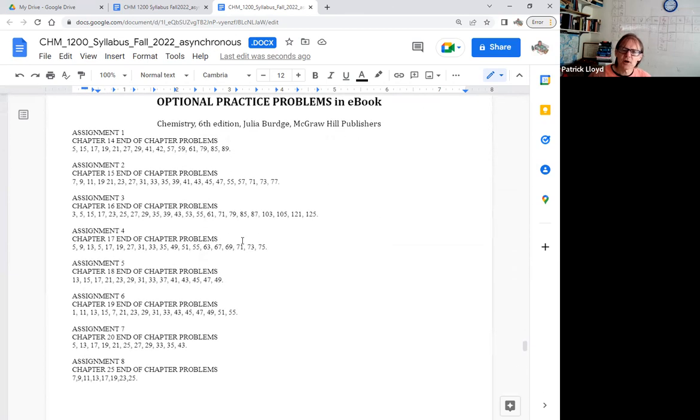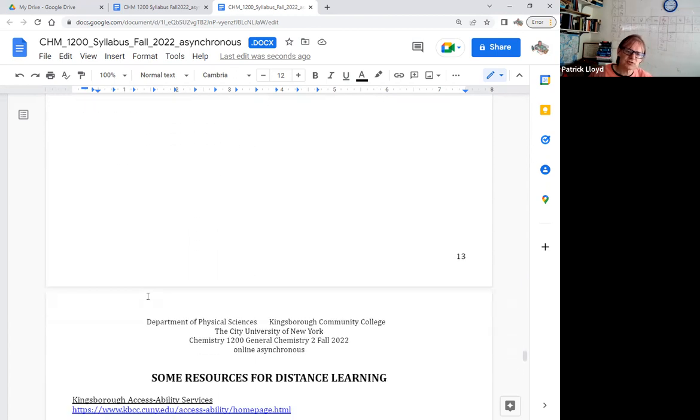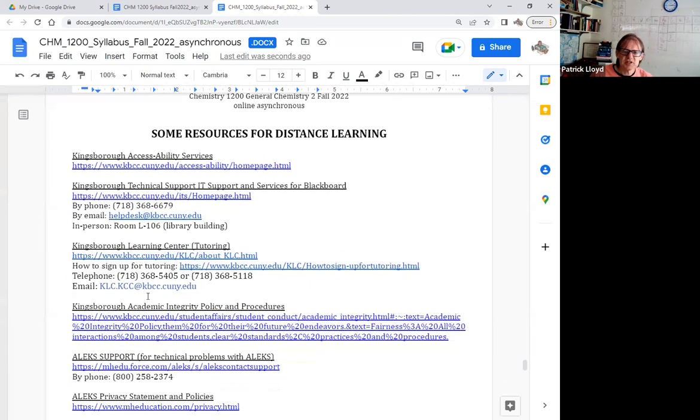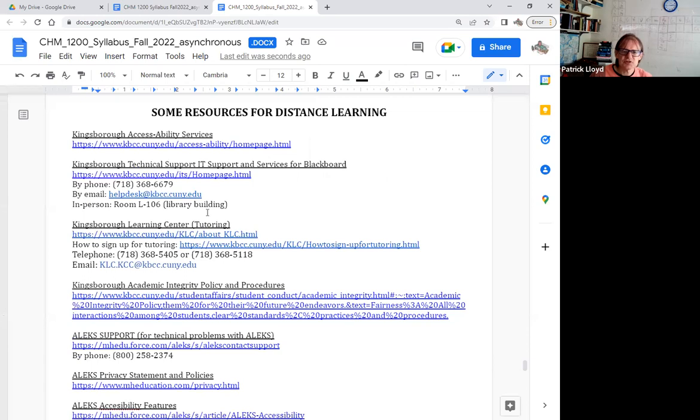There are optional problems in the ebook. Each chapter has end of chapter problems. These are all kind of picked to be similar to the ones that you're doing in the ALEKS. Those are optional, just for practice. And then here's some resources for distance learning, some Kingsborough, like for example, the